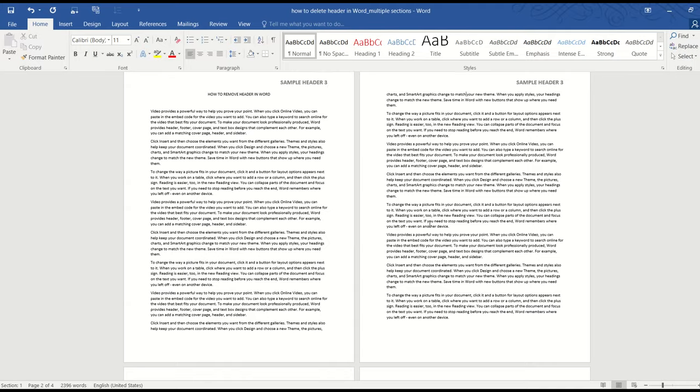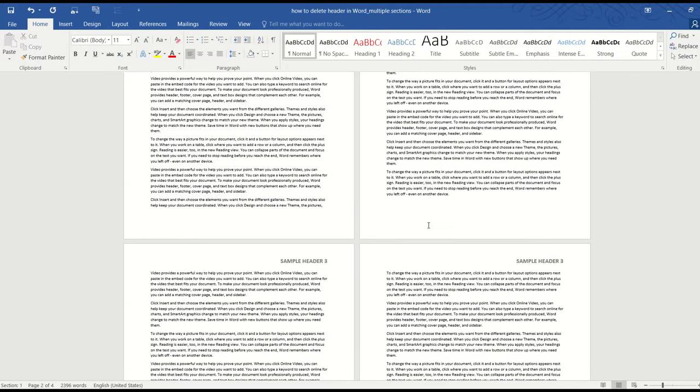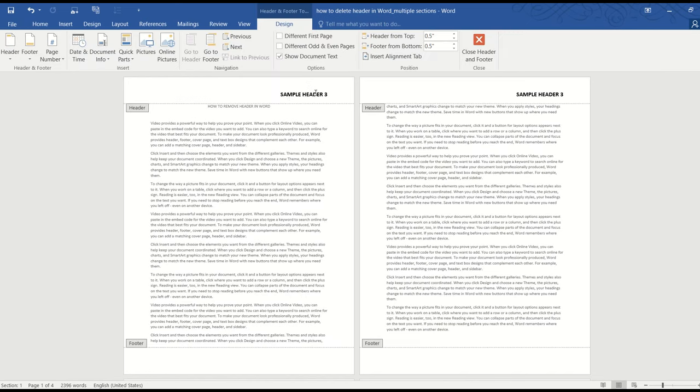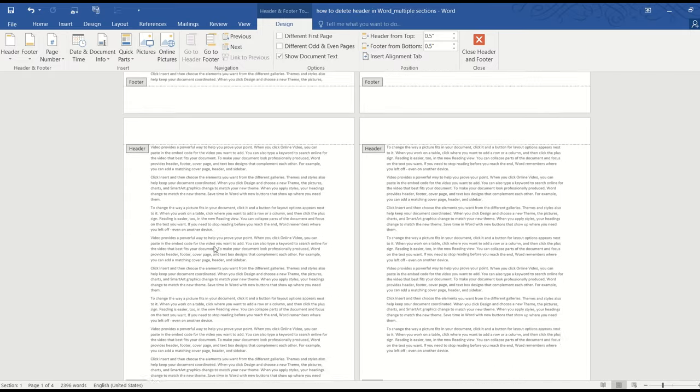And now you can see here that the first and the second headers are gone and only the last section remains. That is because the first and the second section breaks are gone, so there's only one type of section in the whole document. So our job becomes simple now. All we need to do is go to Header and then go to Remove Header, and all the headers are gone.